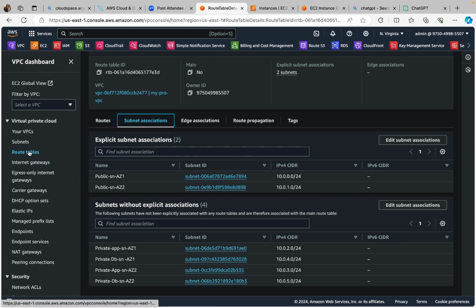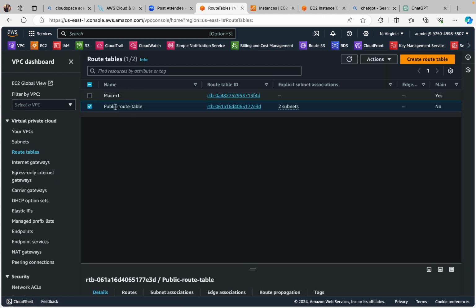Like if you come back again to the route tables here, you see the main route table. This main route table tells you that it's a default, automatic route table from Amazon, which just means that the subnets will be able to route traffic just locally. So for us to be able to get this